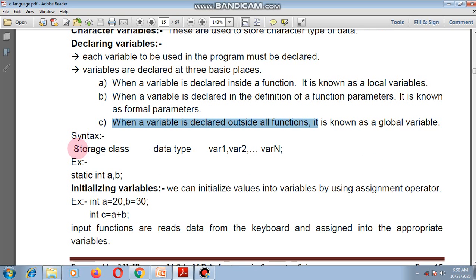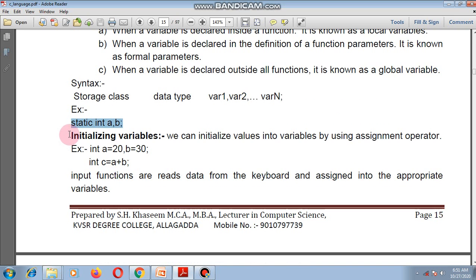Next, the declaration syntax of the variable is like this. First we define the storage class, data type, variable 1, variable 2, and so on. This example shows how to declare the variable. Next one, initializing the variable. After declaring the variable, we can assign values to a variable by using the assignment operator or by using the scanf function.